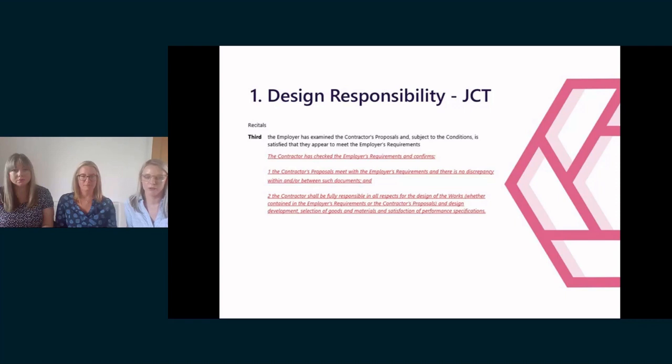As Ruth mentioned, where we're talking about the JCT contract in the webinar, we're talking about the design and build form of contract, and where we're talking about NEC, we're talking about the NEC for engineering and construction contract. So firstly, looking at JCT, there are a number of places where design responsibility is dealt with in the JCT contract, so we're going to cover the main ones today, although there will often be a few others that aren't covered here. The first amendment tends to be to the third recital,